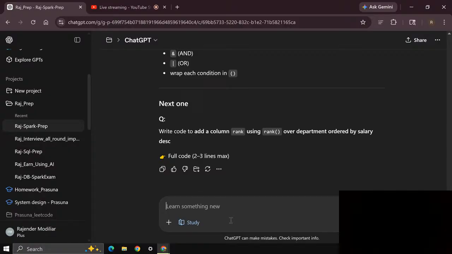W equals window of, again, I forgot the code. Partition by dept, dot order by salary.